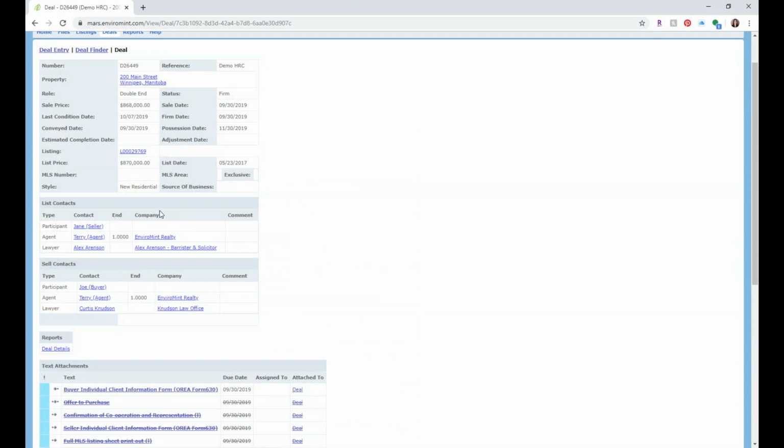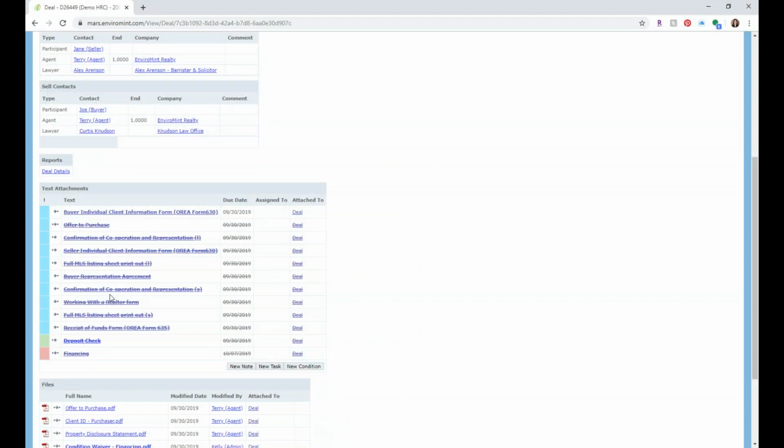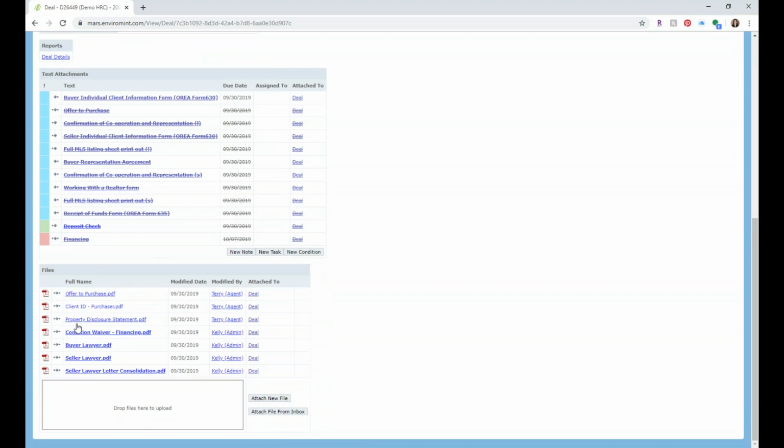I have a whole bunch of basic information here. I have all my to-dos and then all my files here. So my offer to purchase, my client ID, my property disclosure statement, anything that Mark and Catherine have added. You guys can also add files. So if you have the buyer representation agreement, you can